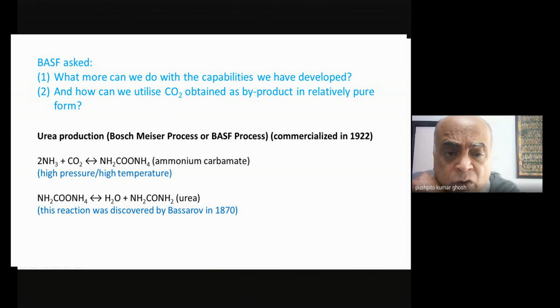Look again at what they did. Once they had made ammonia and they realized that the byproduct from this entire process is carbon dioxide, they did not want to just let go of the carbon dioxide. The other problem is, of course, it was already known, for example, that I can react ammonia with sulfuric acid and make ammonium sulfate, which would have been an acceptable fertilizer. There's nothing wrong with it, but it again means expenditure on sulfuric acid to make ammonium sulfate. And so they knew that